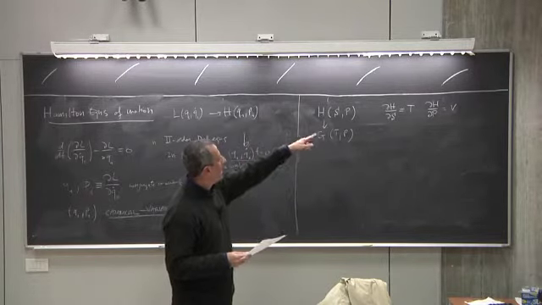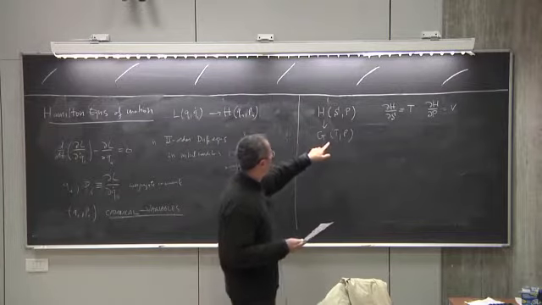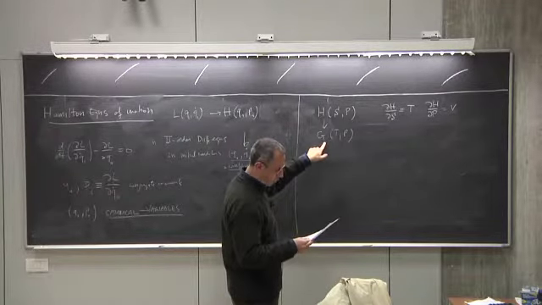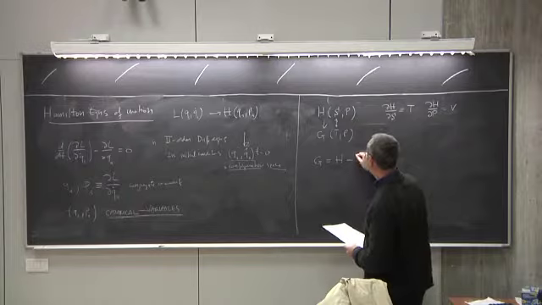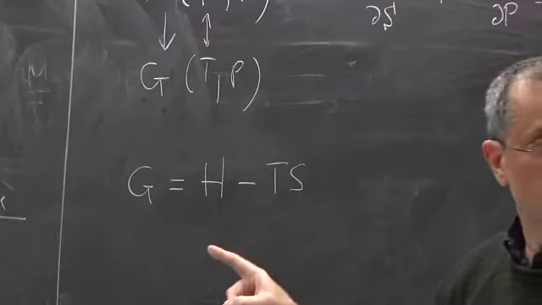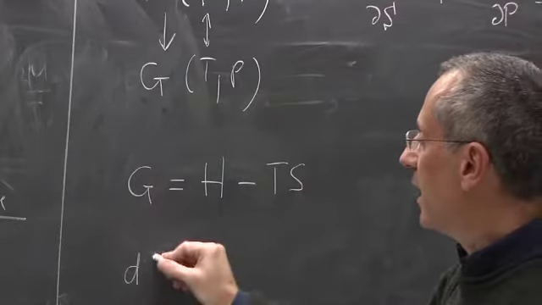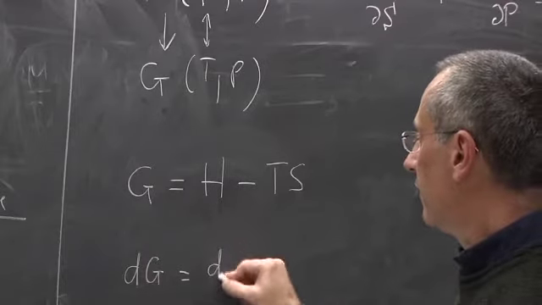So how do I transform? First I want to find how I go from this to this and what changes in my equations. To do this, you do the Legendre transformation, which is defined as follows: you take the new function, which is the old function minus the product of the variables you want to switch. Essentially you want to switch the entropy with the temperature. So you take the product of the functions that you want to switch. And if you take the full differential of this, right, it is